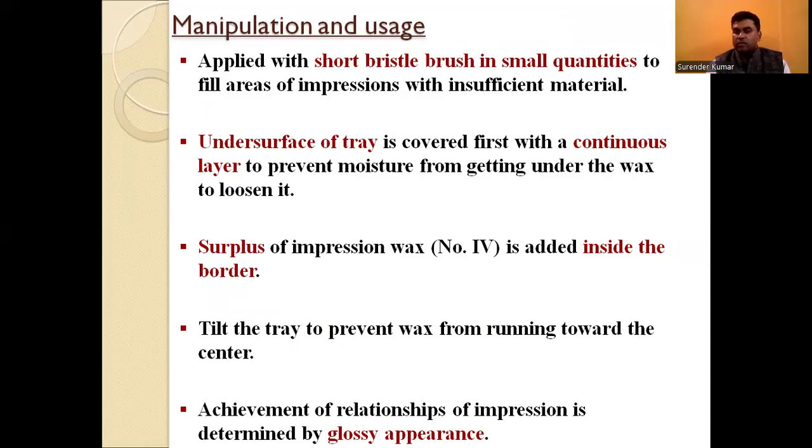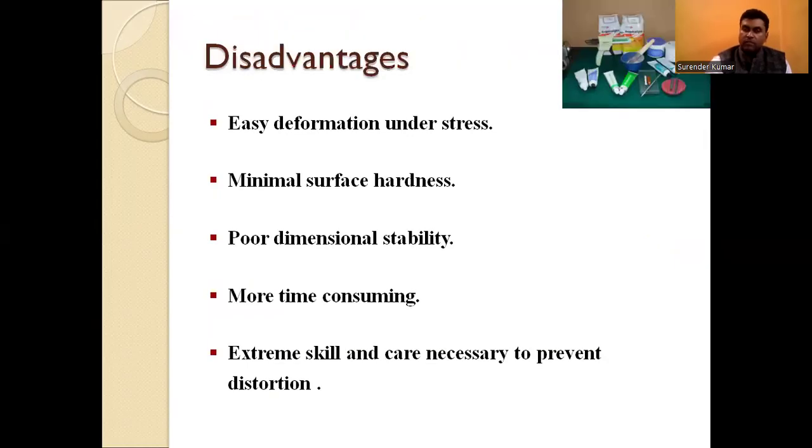Achievement of relationship of the impression is determined by the glossy appearance. So there should be a glossy appearance. Only then can we feel that yes, we have achieved a relationship. Disadvantages: easy deformation under stress, minimum surface hardness, poor dimensional stability, more time consuming, and extreme skill is required